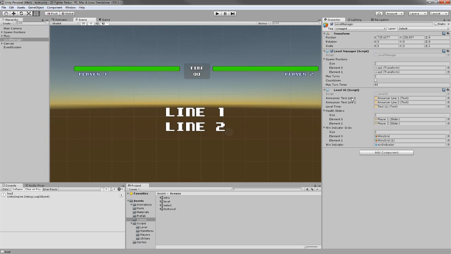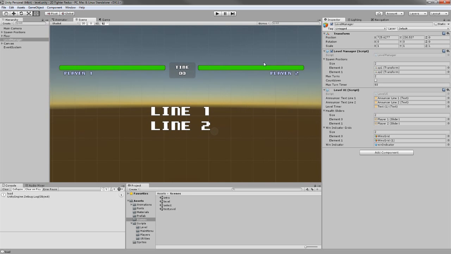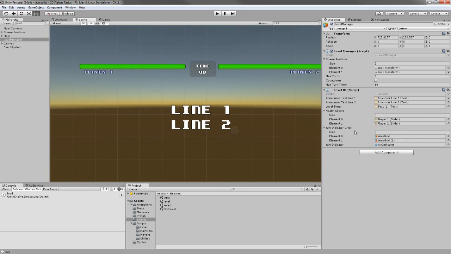References such as the announcer text, which is line 1 or line 2. This is basically for effect. The level timer over here. The sliders, as I mentioned. The win indicator grids are on the canvas. There are a few grids